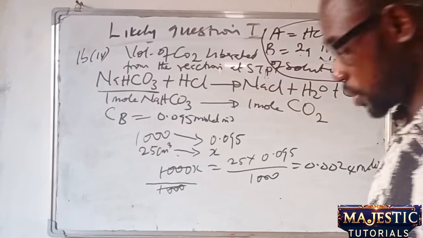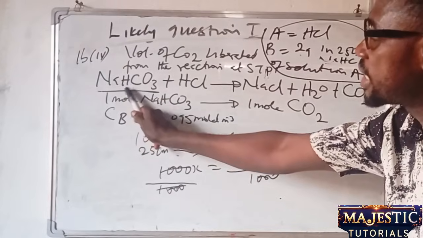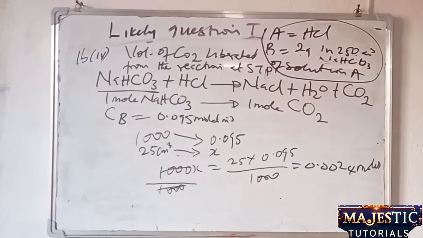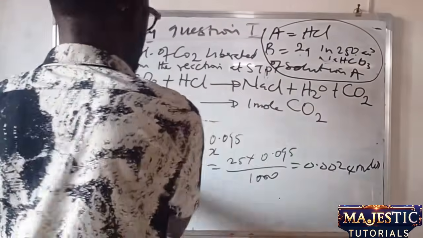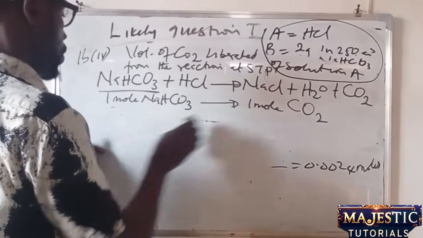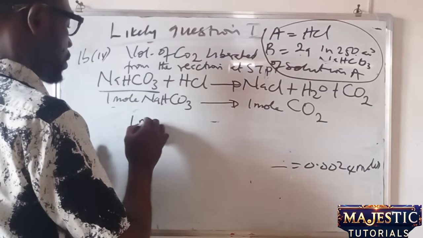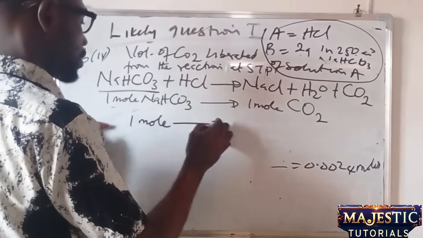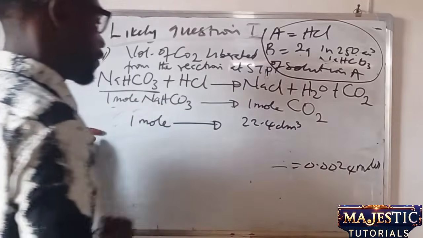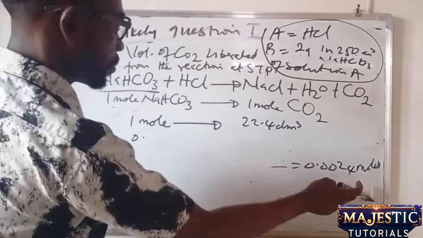You now go back to the equation of the reaction, which is telling us that 1 mole of NaHCO3, because there is no coefficient here, will give us 1 mole of CO2. Therefore, we come back here now and say 1 mole of NaHCO3 will liberate what? 1 mole of CO2, but we are looking for it in volume, 22.4 dm³, right? Then what with 0.0024? This is in moles, so